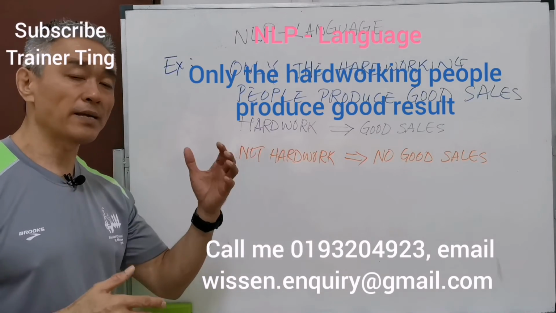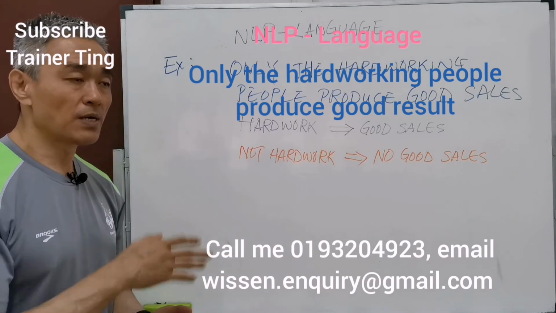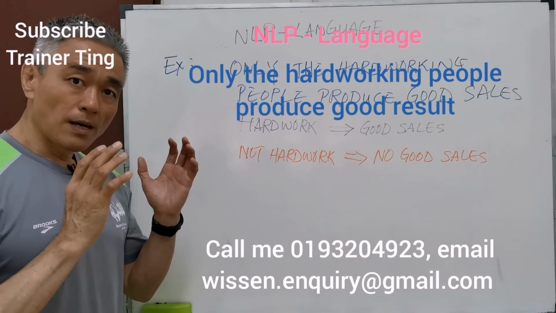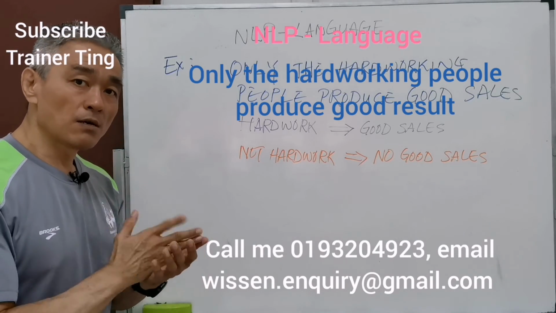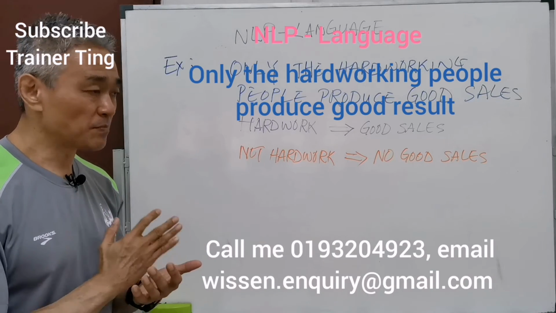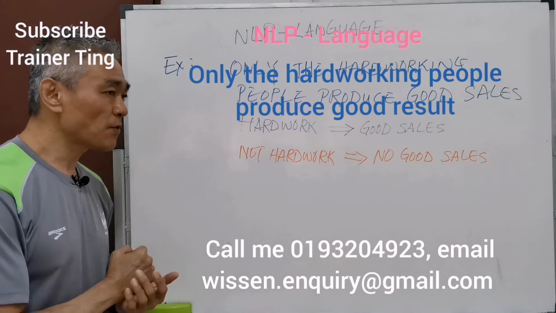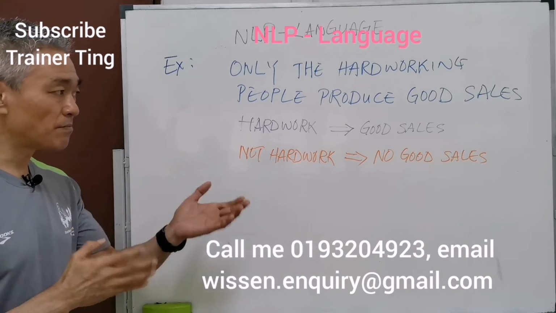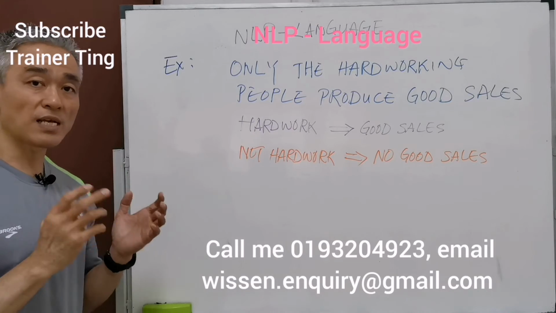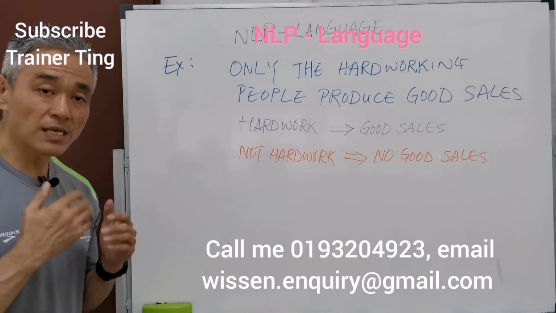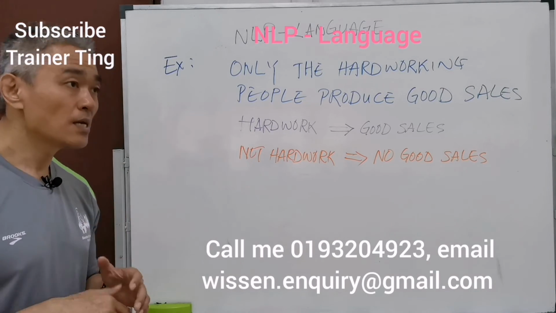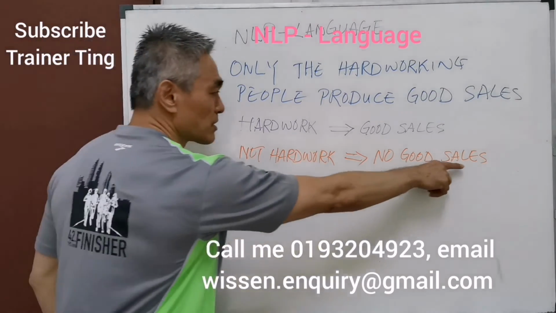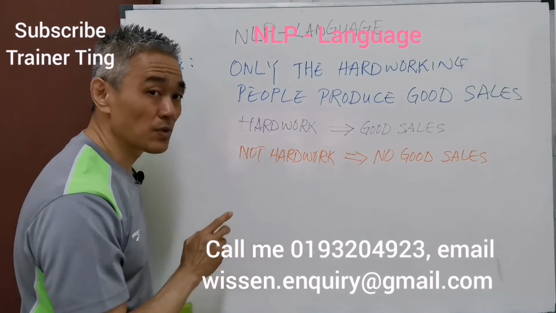the uncle actually bought a lot of cars from the young man, because that uncle is actually a very rich farmer. He needed a lot of cars and trucks for his farming business. So therefore, he bought a lot of cars. And from there, this young man got a very good sales result. But it doesn't mean that he was very hardworking. He just showed integrity. He just showed concern. He just showed care and love. So therefore, good results don't mean that he's only hardworking.